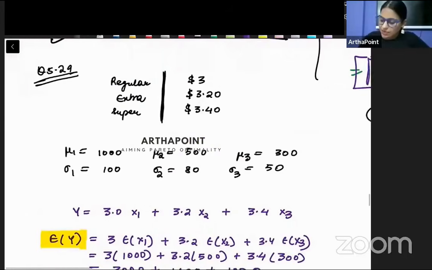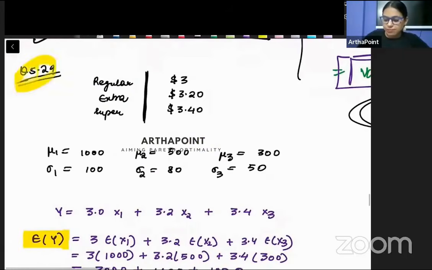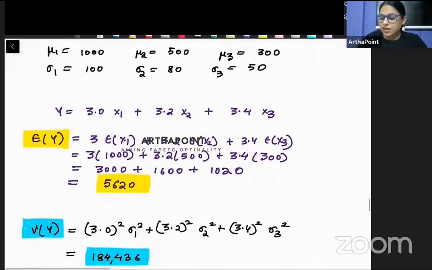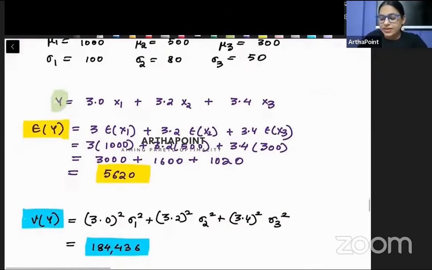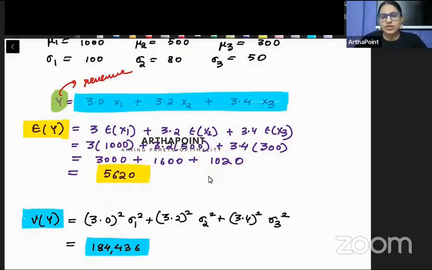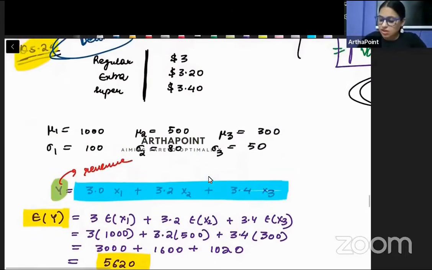ठीक है बेटा, आगे पढ़ते हैं। ये एग्जाम्पल नंबर 5.29 है आपकी बुक का, तो एग्जाम्पल पढ़ने की कोशिश करो। यहाँ पे आपको दिया हुआ है कि आपके पास एक वेरिएबल है y, और y डिफाइन कर रहा है कि कितना रेवेन्यू एक फर्म अर्न कर रहा है, suppose। हाँ, और ये जो y वेरिएबल है, this is given to you as 3x1 plus 3.2x2 plus 3.4x3।